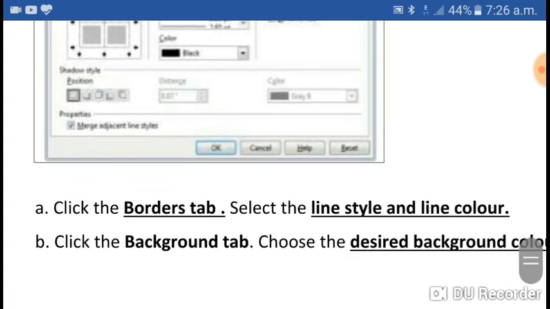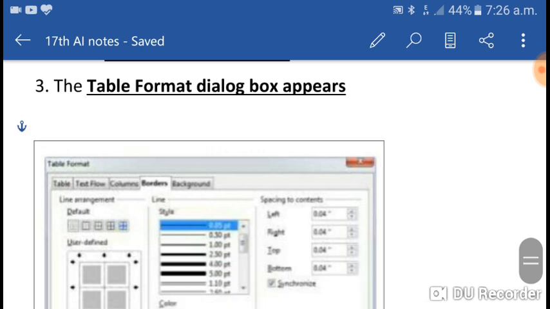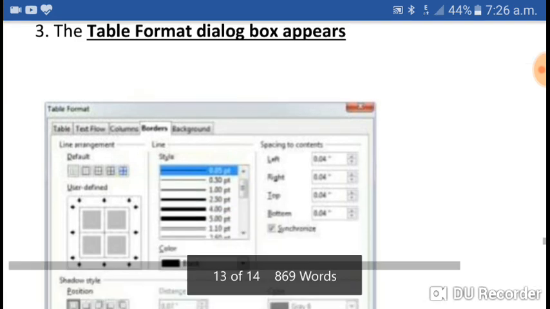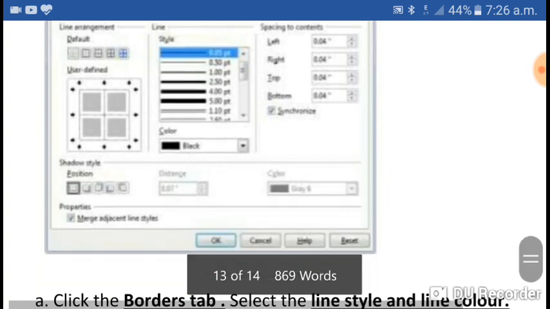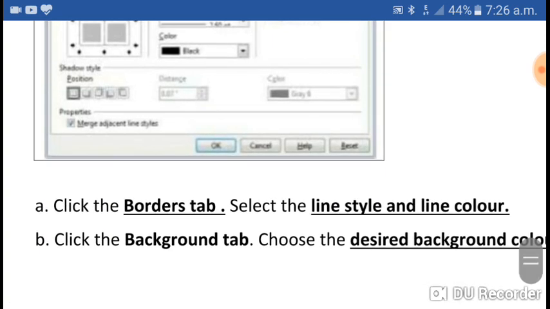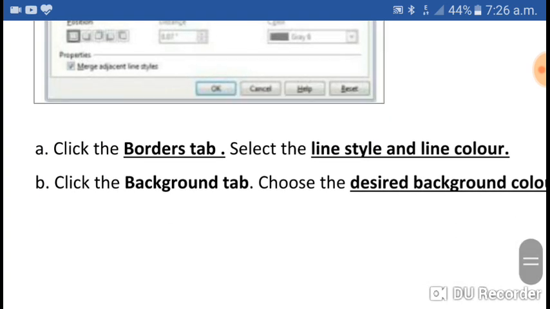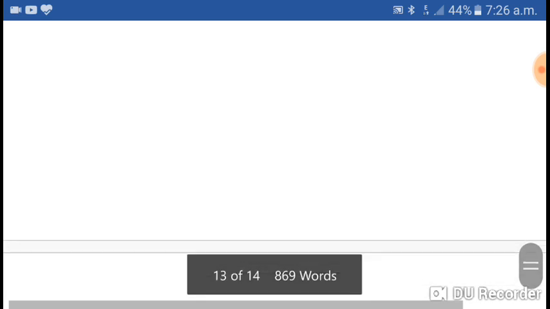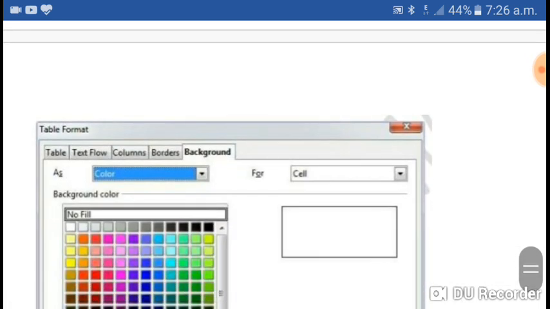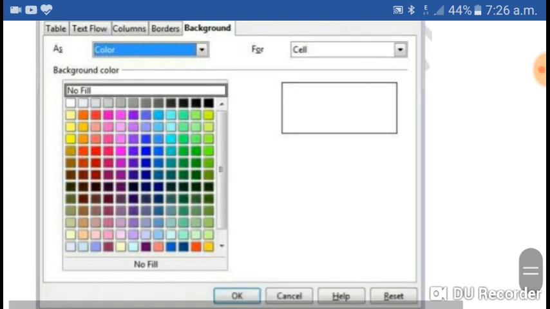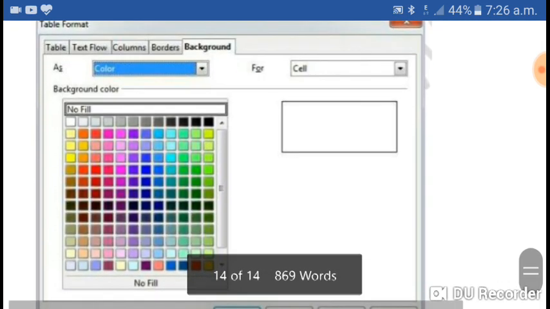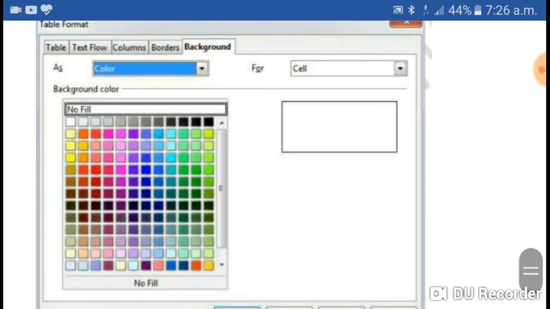So to give border, again I am repeating, click on the Border tab, and if you want to change the background, click on the Background tab. As we have already discussed line style and line color, the desired background color we can also select. Let us see its dialog box. Whenever we select Background, the dialog box will show us different colors, all the possible colors, and we can select the required color.